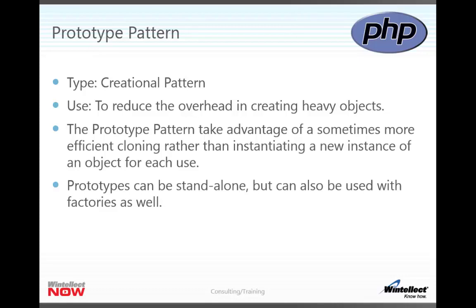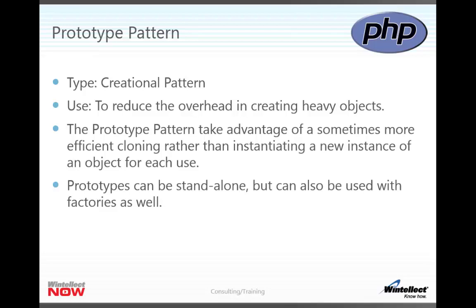So what you can do is take an object and partially load that object into memory, and then use the clone methods available inside of many languages to take that heavy object and clone the properties into another object without actually having to use a lot of code that builds that heavy object. When I say heavy, I'm talking about something that takes a lot of effort to get that particular object off the ground.